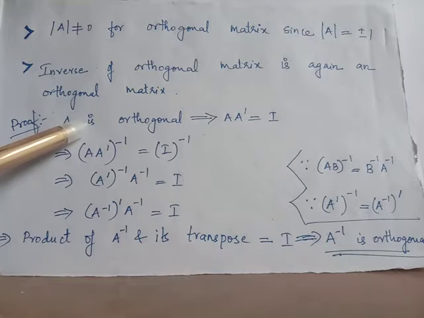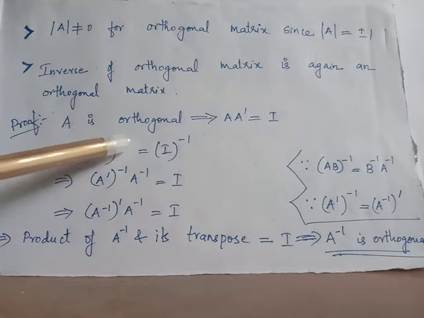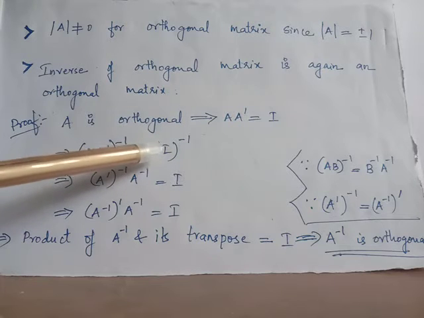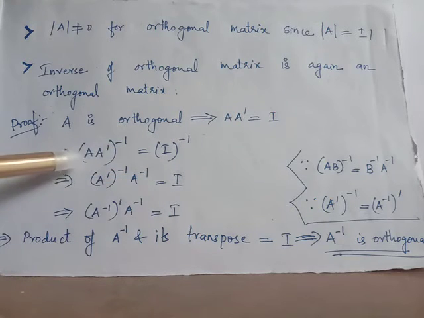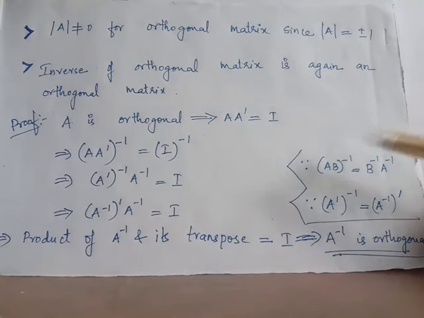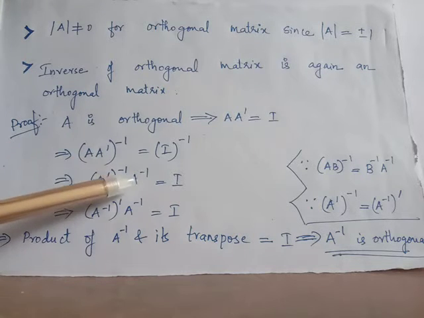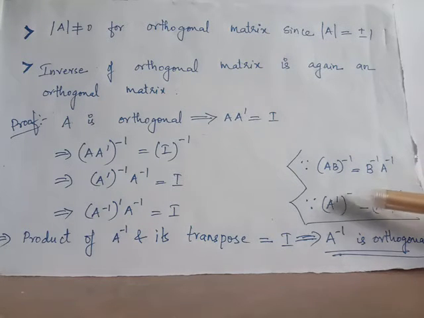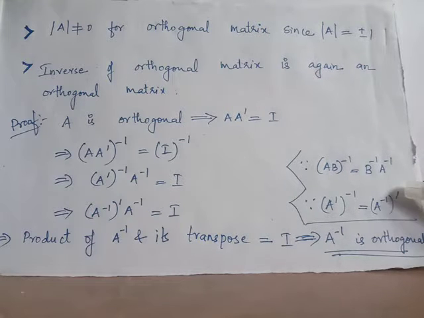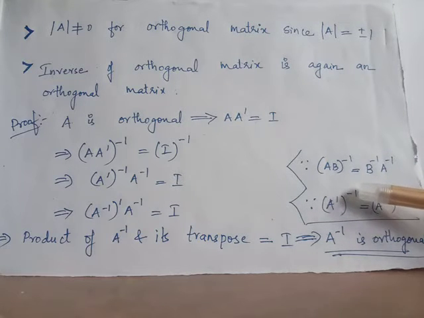If A is an orthogonal matrix, we have the standard property A into A transpose equal to identity matrix. When you take inverse on both sides, you get A into A transpose the whole inverse equal to I the whole inverse. Inverse of identity matrix is itself, and you can use the property AB the whole inverse equal to B inverse into A inverse. When you apply the property here, you get A into A transpose the whole inverse equal to A transpose the whole inverse into A inverse. Now, we have studied another property in class 12, that is A transpose the whole inverse is equal to A inverse the whole transpose. If you replace transpose and inverse operators, there is no change in the result.